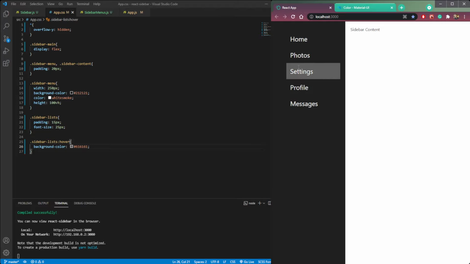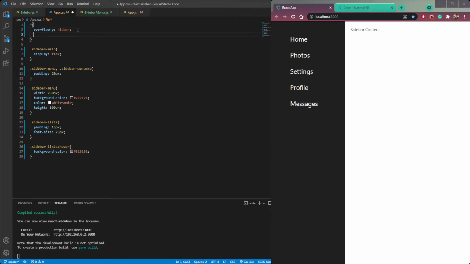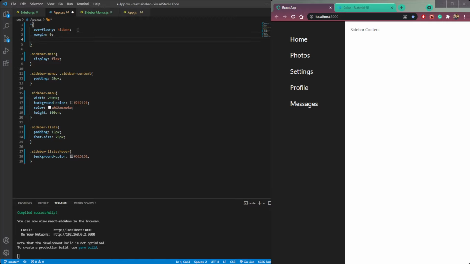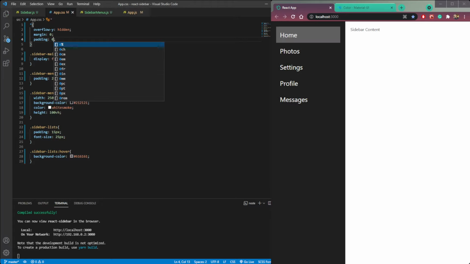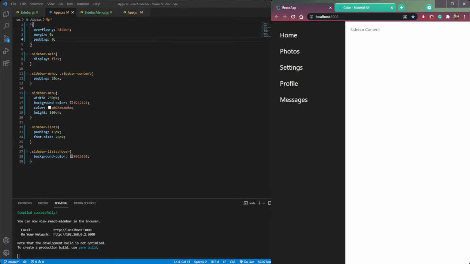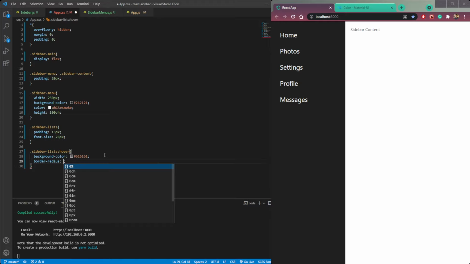not looking fine. We have some padding on the left, so we need to set the margin and padding of this whole application to be 0. So inside the star, make the margin and padding to be 0. You will see now it's looking fine. Also we need to make the border radius of 4px to make it rounded.